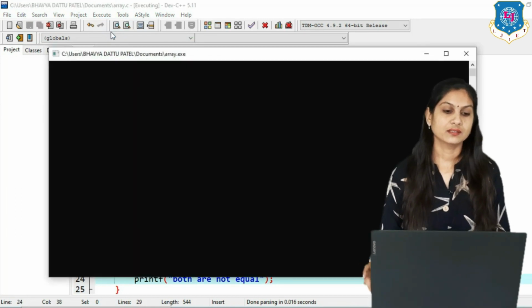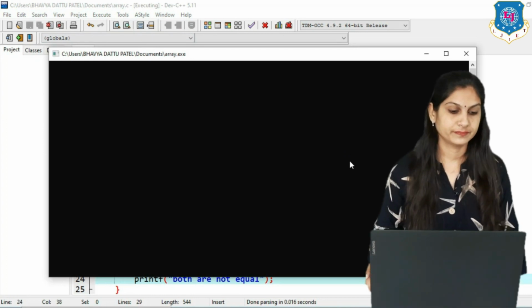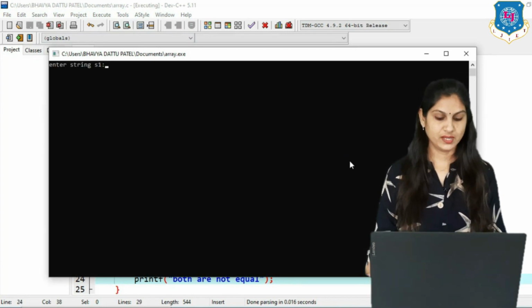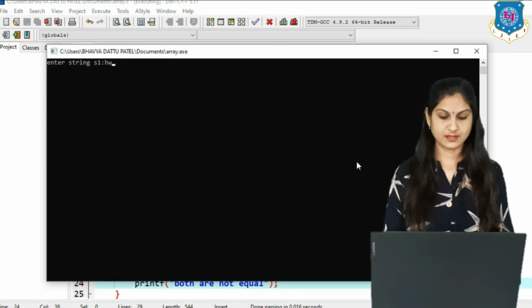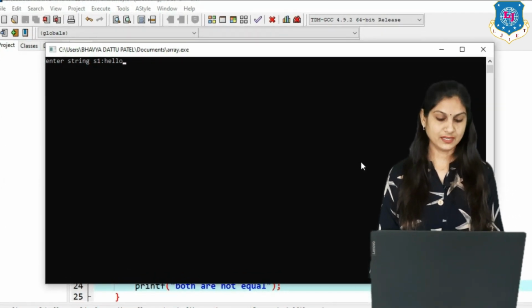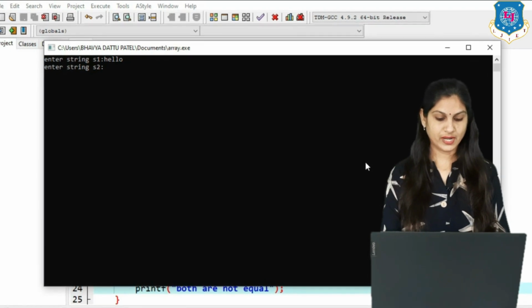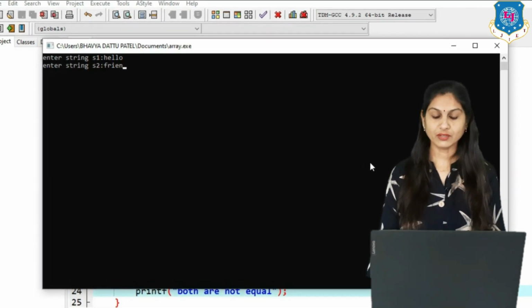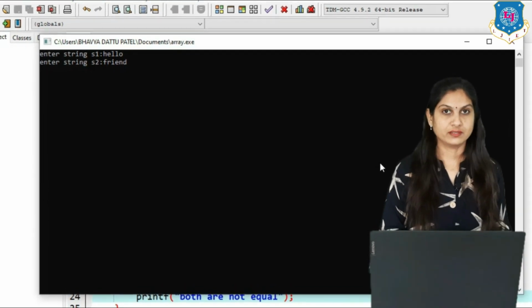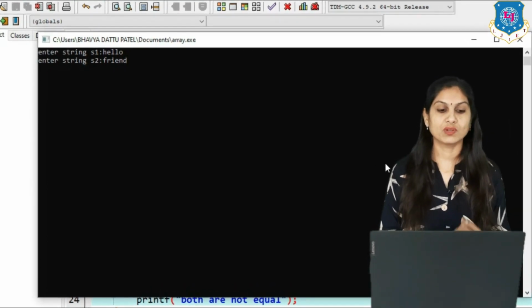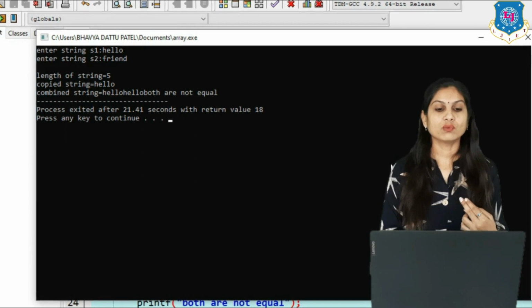Here see the message enter string S1, and suppose I enter the first string, that is hello, and the second string is suppose friend. Then what happened? First it finds the length of S1, that is 5. So the length equals 5. Copied string equals what?